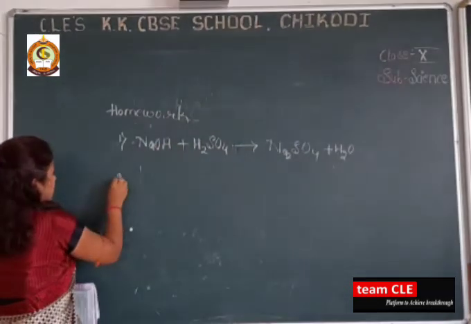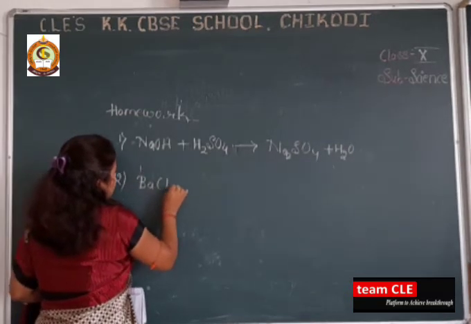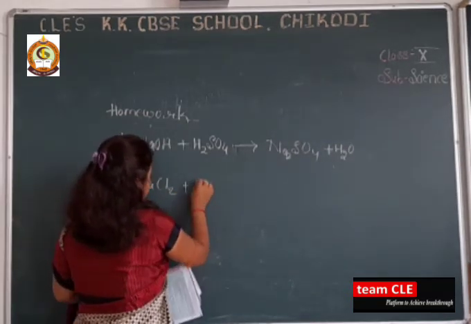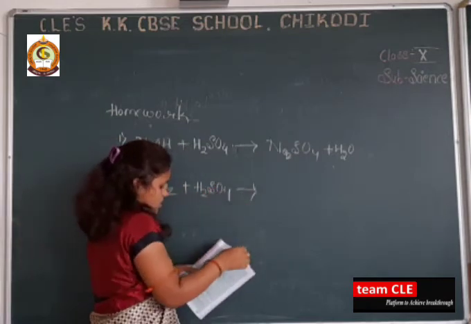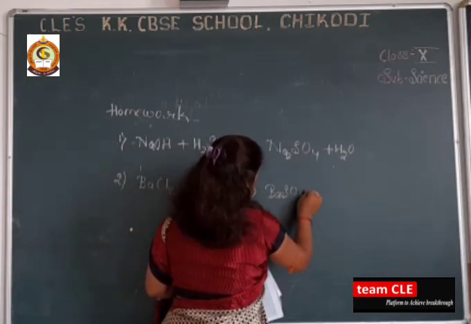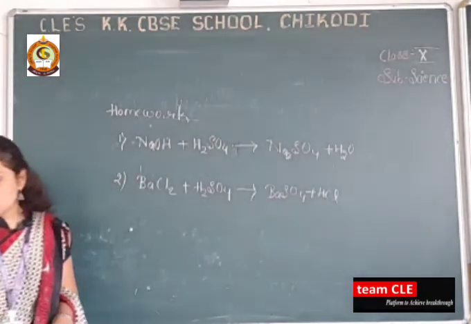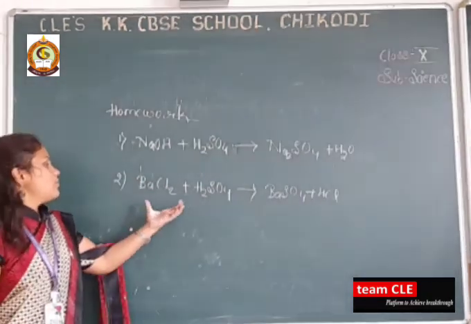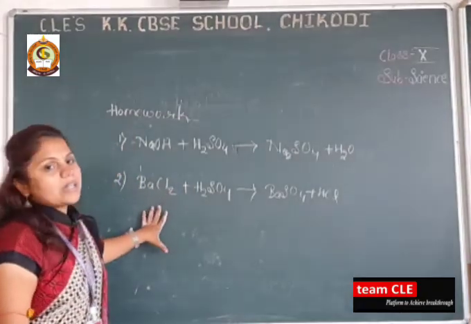And take down another question, that is BaCl2 plus H2SO4 gives BaSO4 plus HCl. Okay, so these 2 questions you have to balance, and dear students, you need more practice